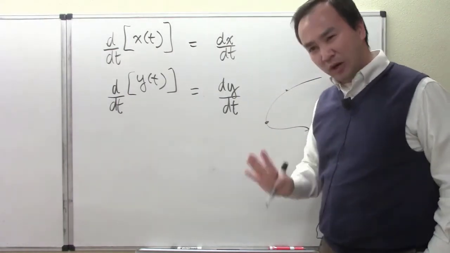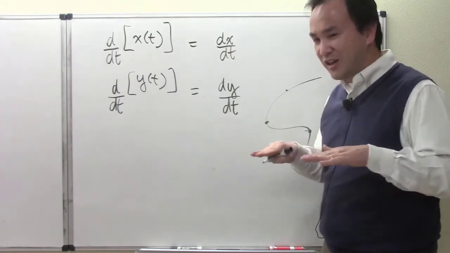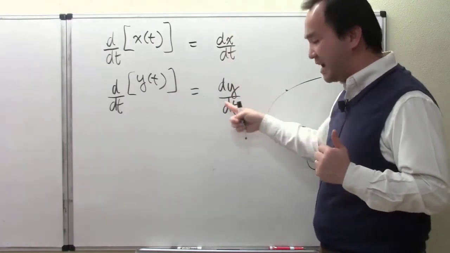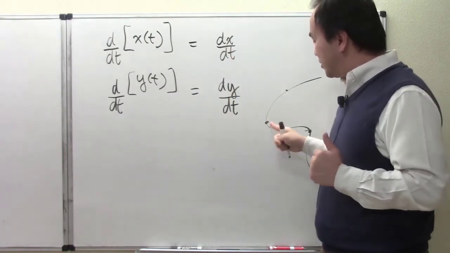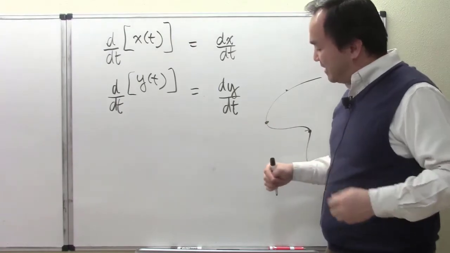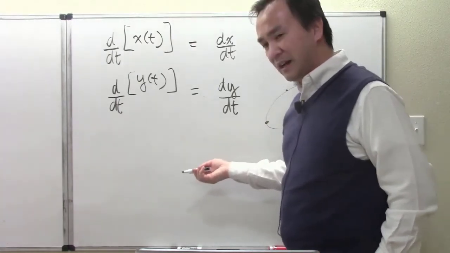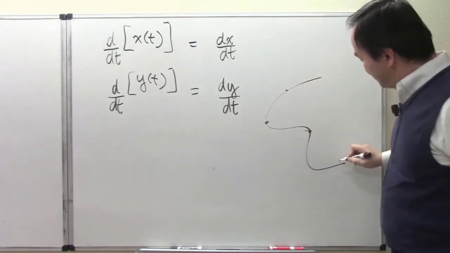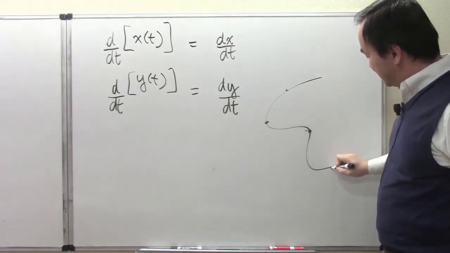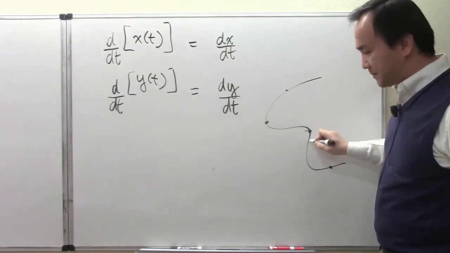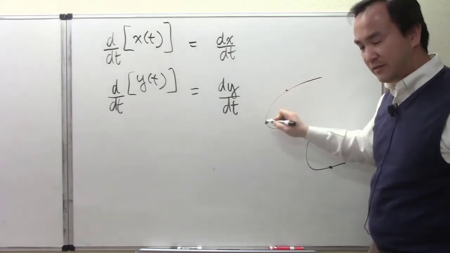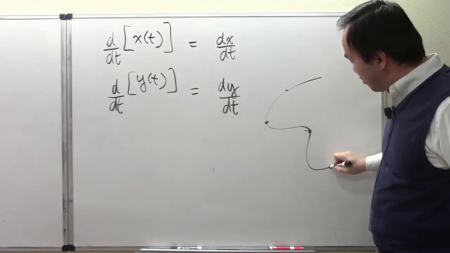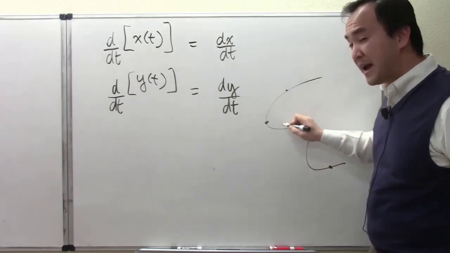But at least this is what we can still do. Even though it sounds like you have to wait until some future course to fully understand what dx dt and dy dt together are doing to a point, or representing to a point, at least up to this point we can still understand one thing. So see, now if we think about a path right here, and think about me tracing my pencil tip along this path, and that's what we should be familiar with by the time we finish learning about parametric equations, then when we think about a particle in motion on this curve, on this path right here,